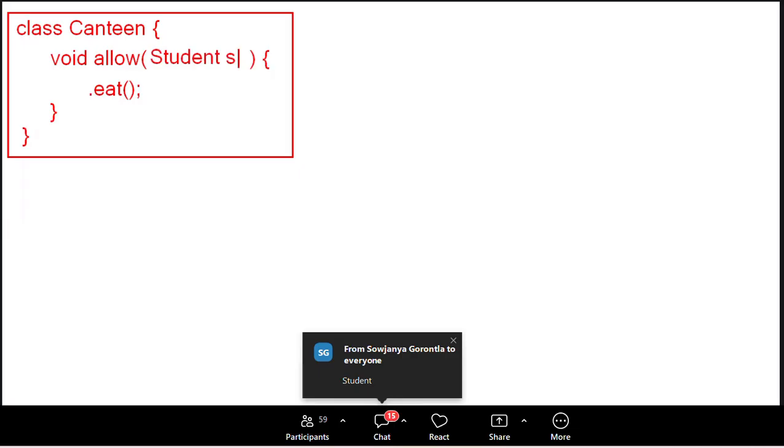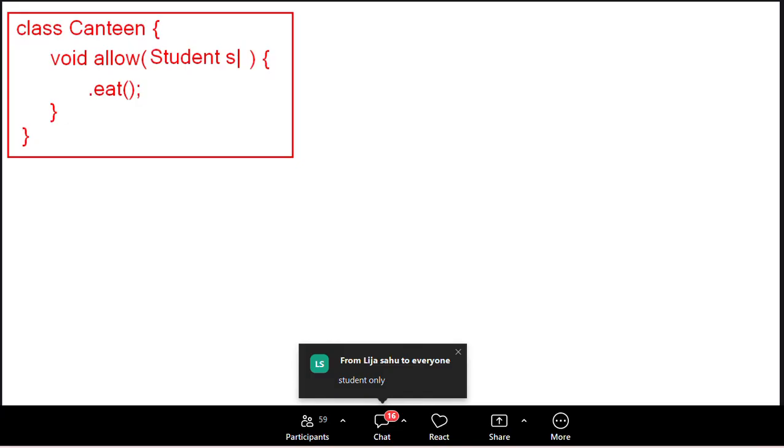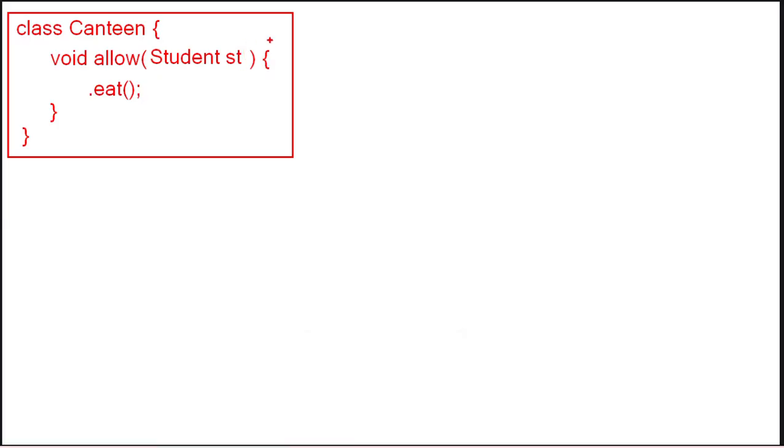Then who is allowed? Faculty is allowed. Why? Yesterday you wrote one statement: if you want to store one class object inside one variable, this class object must be a subclass of that variable's type. Yesterday's notes: Animal a = new Tiger. The compiler throws an error because Tiger is not created as a subclass. Try to observe. Now I am creating